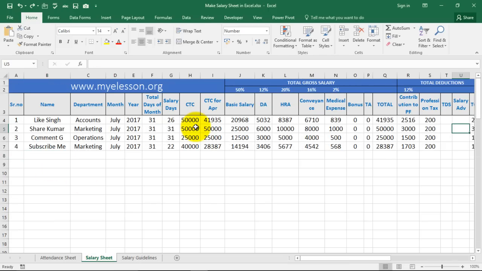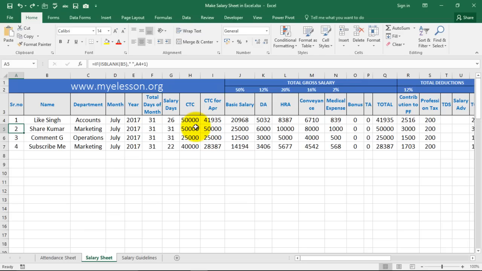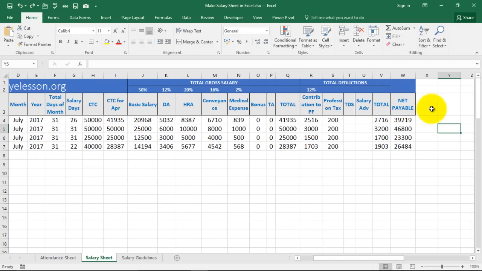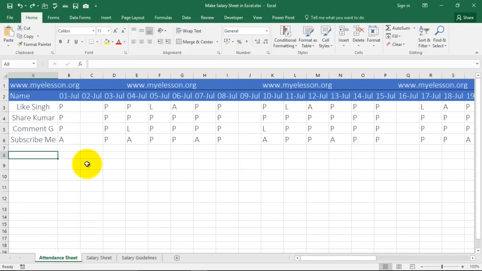You can use this for your company purpose, for your office purpose, for any place where you need to maintain salaries. In fact, over here we have basic, DA, HRA, conveyance, medical allowance, bonuses, everything, even PF, professional tax, advance salary, TDS, everything is taken into account. All that you need to do is just enter the attendance over here.